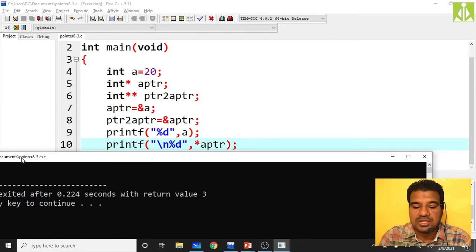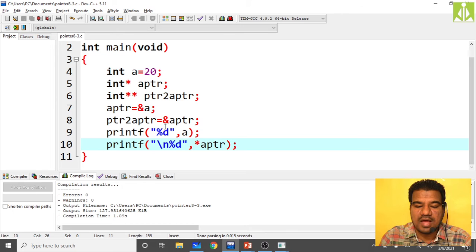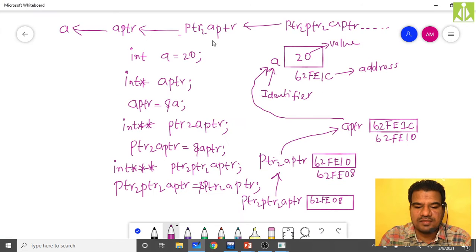Suppose you want to retrieve a's value using PTR2 APTR. We already said that we are at the second level pointer, so you have to do the indirection twice. The first indirection will take you from here to here; if you apply indirection once, you reach from here to here, and when you apply the indirection a second time, you reach from here to here likewise.